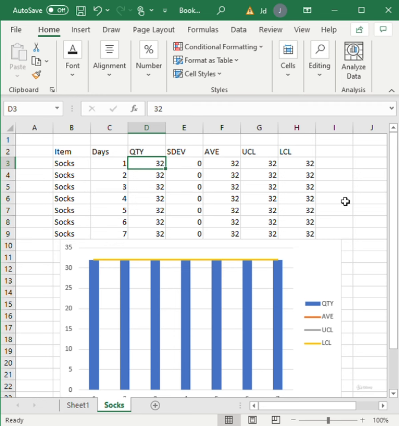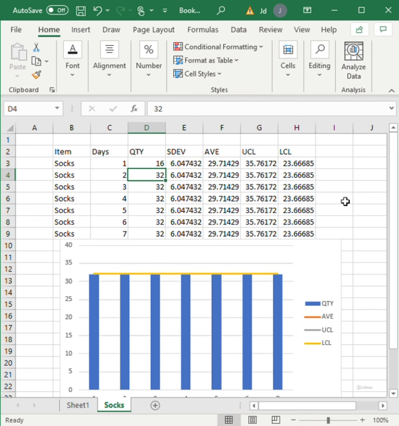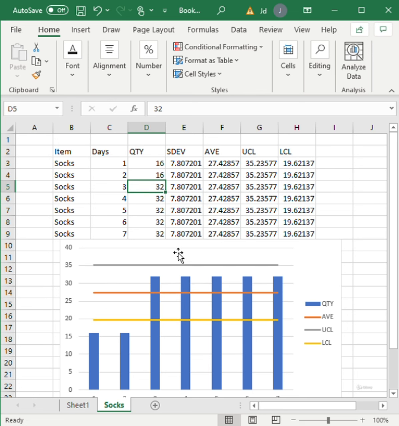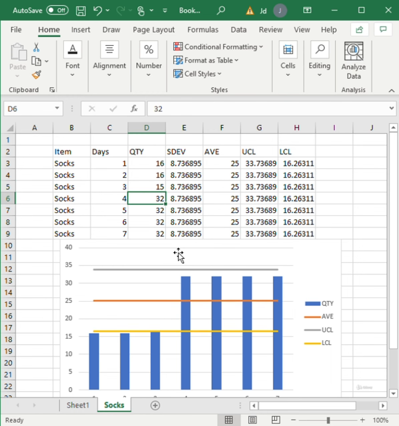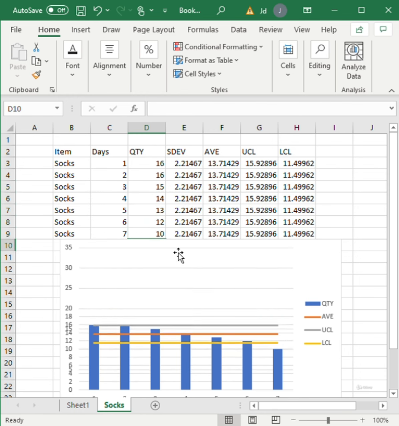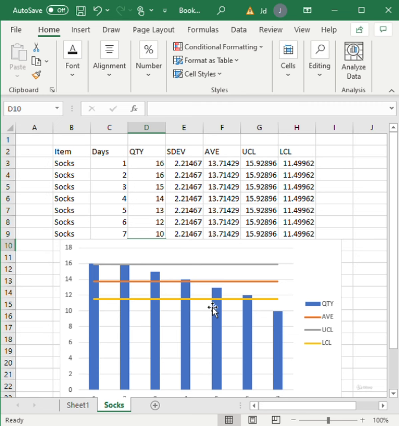Let's change this and assume that we had half the amount of stock. In this case, 16. You notice over here, if we want to up our pace, next day we got 16, the next day we got 15, the next day we got 14. These are just lower amounts, randomly chosen to show you how we improve our space usage. So we can see we're trying to aim for the number 16 in order to maximize our space. So I'll change all of them to 16s.